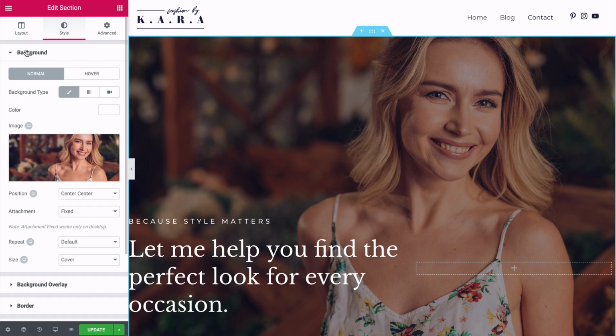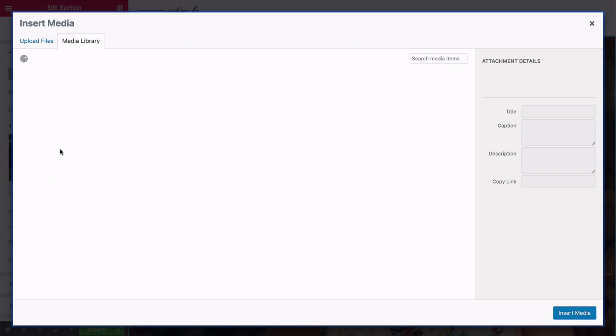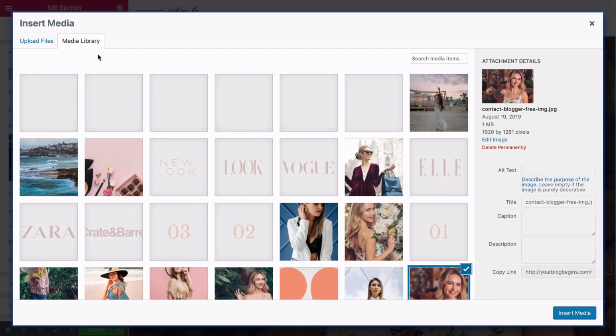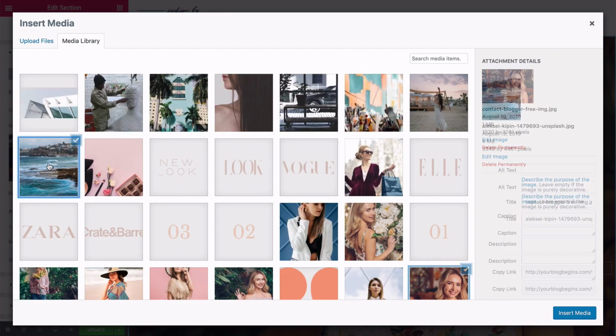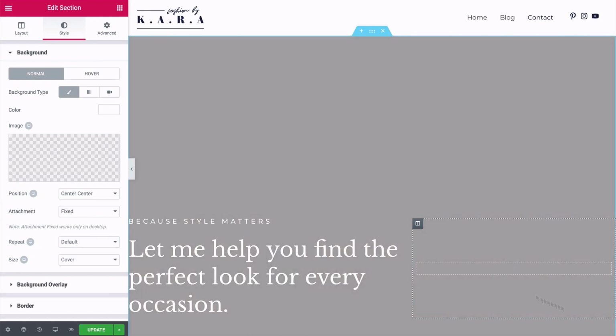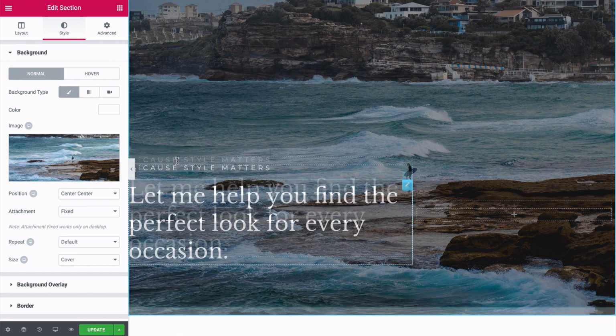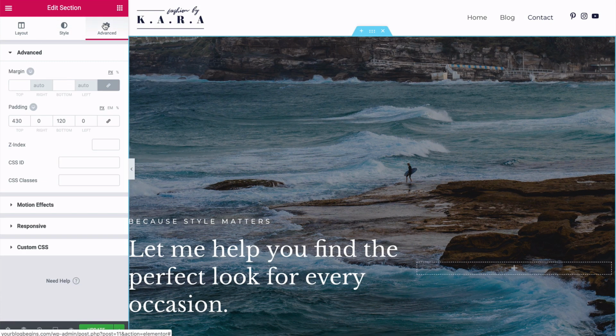So now let's go back to background, and you can change the image right there. I'm going to use the image that I uploaded earlier because I love that. So let's insert media. Amazing, love it. And then go to advanced, and I'm going to change